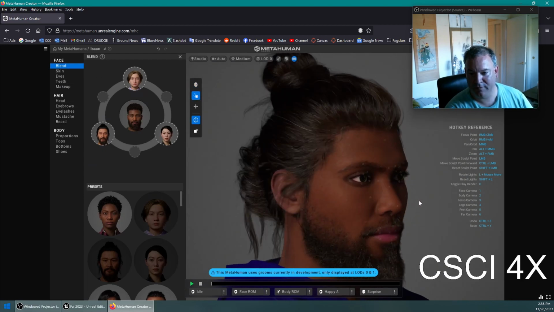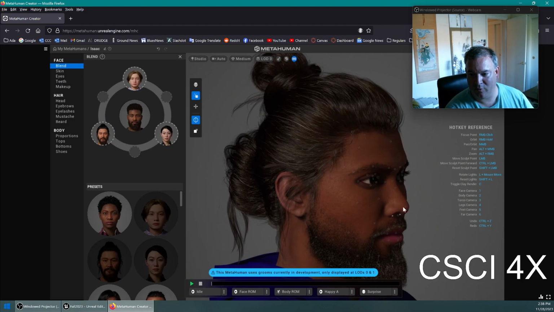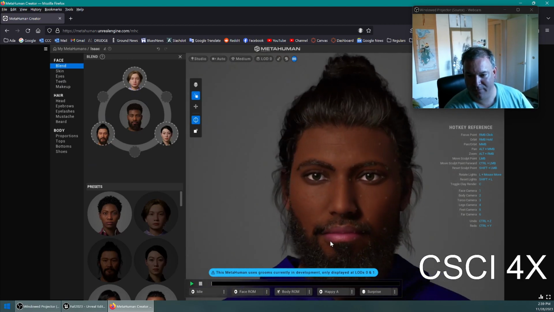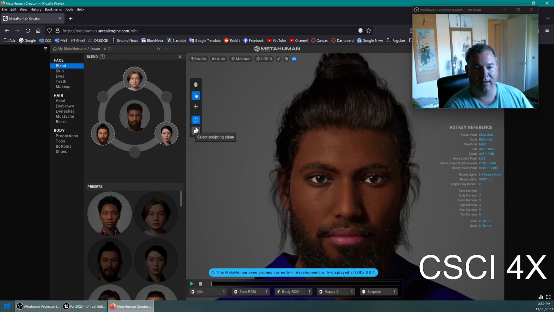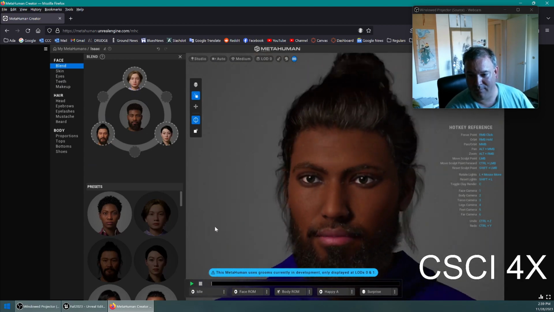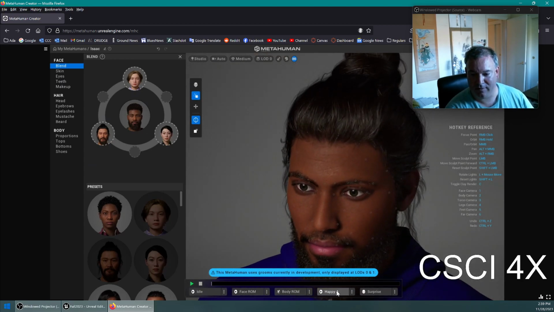There's a sculpt tool, and with this you can have more fine grain control. So if you want to pull the nose out or push the nose in, make the nose bent upwards or bend downwards, do that. And you can basically spend as much time as you want messing with this, making a very nice, realistic looking